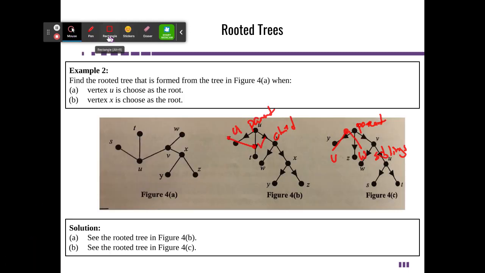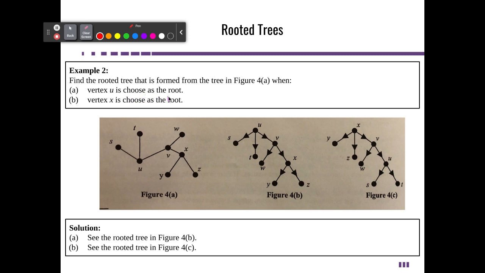All right, so here's our example. Let's take a look at this. Clear the screen. Okay, so here's one of the examples, I should say, not the example. So find the rooted tree that is formed from the tree in figure 4a. And so essentially what we're saying here is that vertex U is